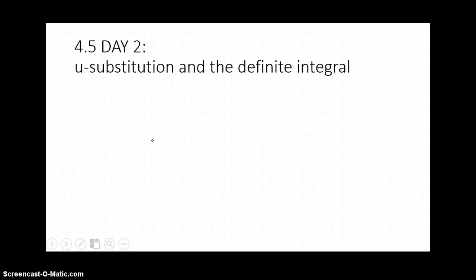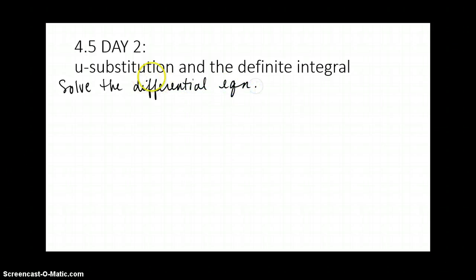Okay, u-substitution in the definite integral. Let's first start with some problems we have seen before. Solve the differential equation. Remember that a differential equation is a derivative. So, given the derivative in this form,